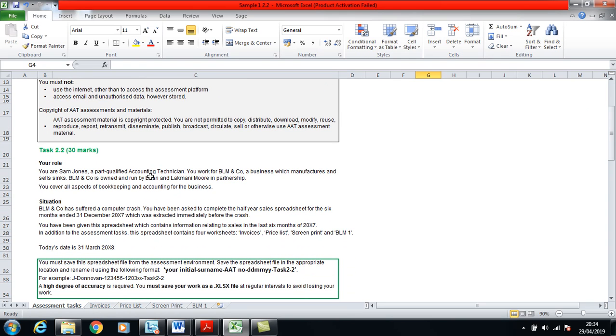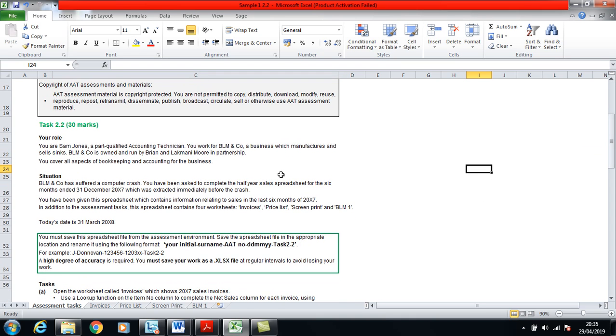It says you're Sam Jones, a part qualified accounting technician, and you work for BLM & Co, a business which manufactures and sells sinks. It says BLM & Co is owned and run by Brian and Lakmani Moore in a partnership. You cover all aspects of bookkeeping and accounting for the business. And it says that BLM & Co has suffered a computer crash. You've been asked to complete the half-year sales spreadsheet for the 6 months ending 30th of December